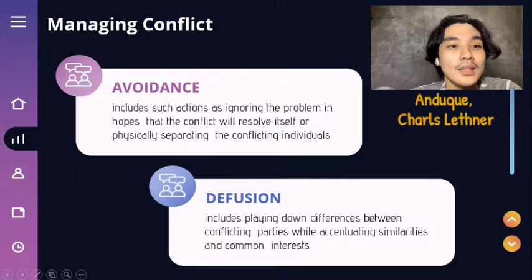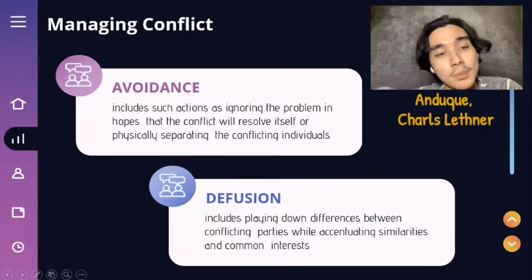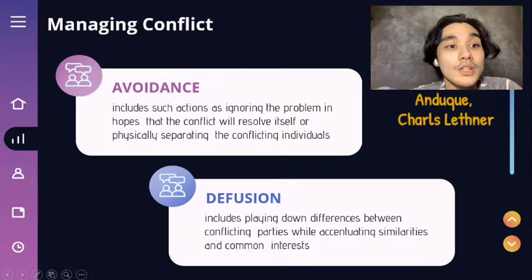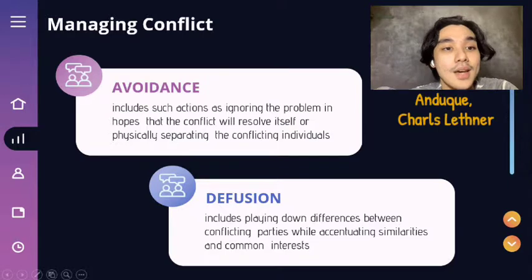This includes playing down differences between conflicting parties while accentuating similarities and common interests. It is sort of a delaying action wherein it tries to cool down or cool off the situation and to keep the issues within its boundaries. So basically, it tries to resolve minor points while avoiding or delaying discussion of the major problem, or gina-avoid nila mag confrontation. So it is a way to delay or avoid confrontation, and will typically result in a feeling of dissatisfaction kay wala pa na-solve ang problem or ang conflict, anxiety about the future,